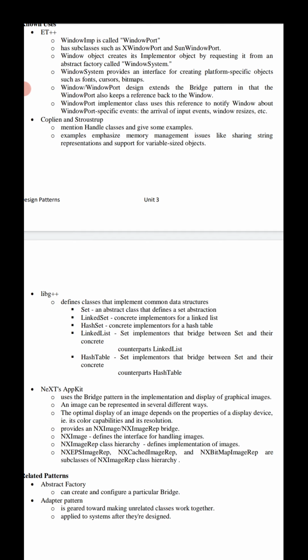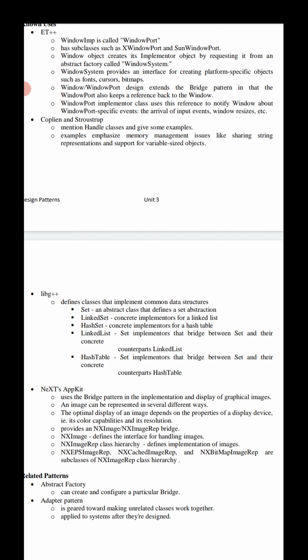And one more, the adapter pattern. Adapter is how to convert the interface of a class to another interface of a class. It is in the direction of making unrelated classes work together, and we apply it to systems after they are designed.